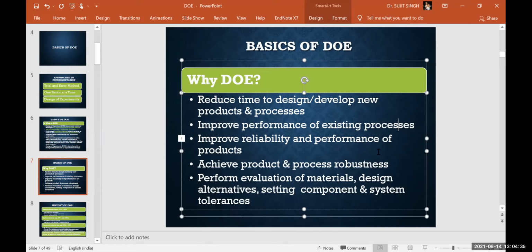On the basis of DOE, if the material is the input, you can evaluate which material gives the better response for a particular parameter, particular strength or whatever that may be.